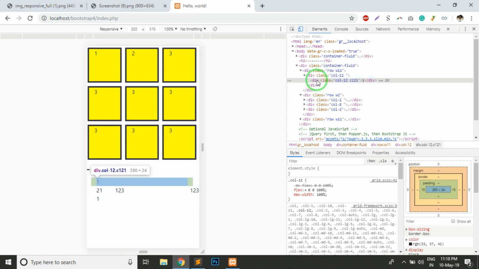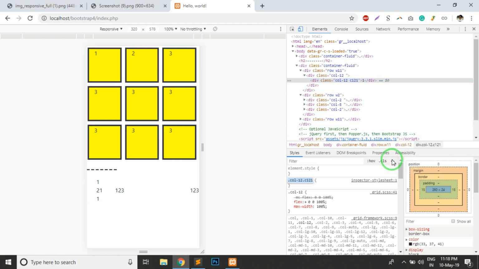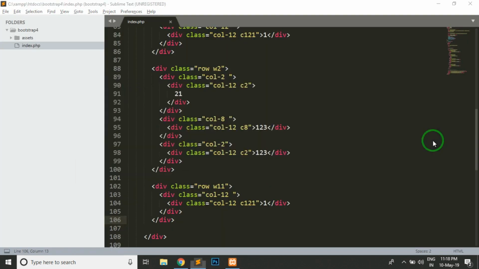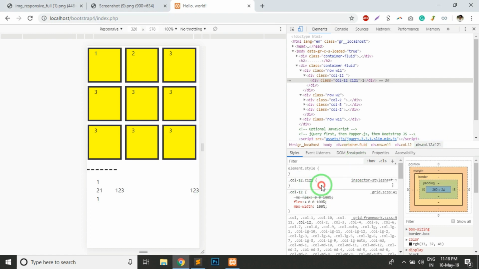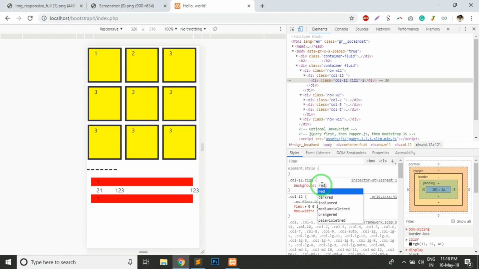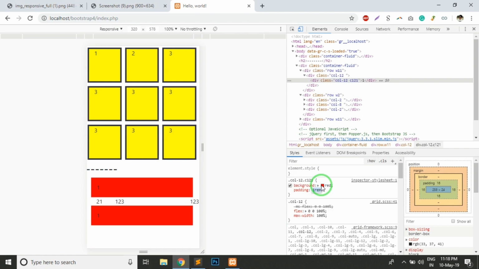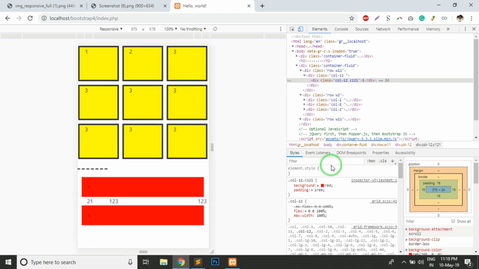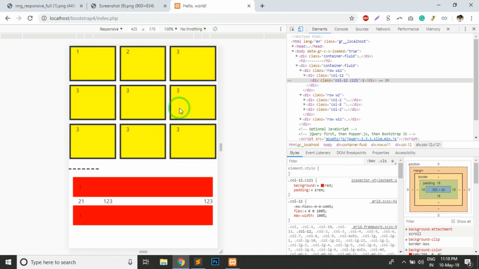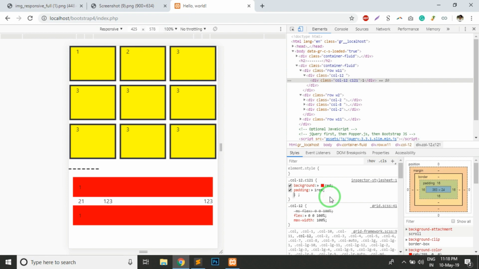Now what we need to do is, first of all, let's give it some colors so it is easily identified. So for that I'll just give it a background red maybe, and a padding of maybe 1 rem. 1 rem is okay for this. I'll just increase the size a little bit, maybe like this for this one. So basically this is,